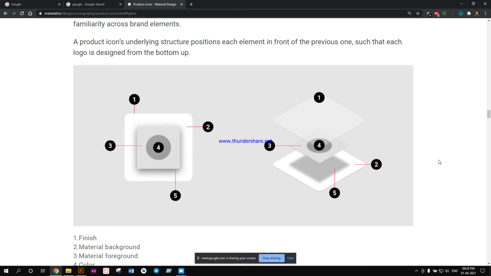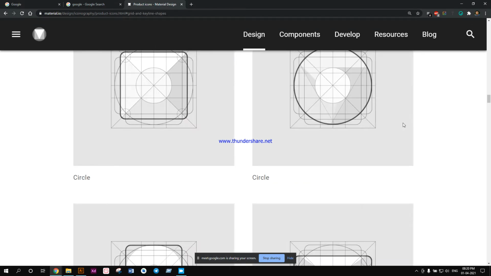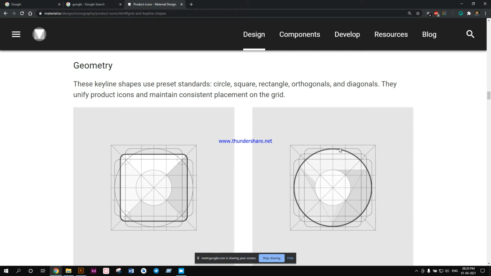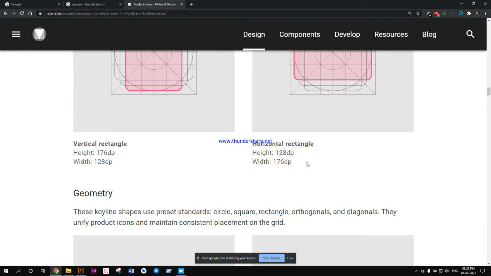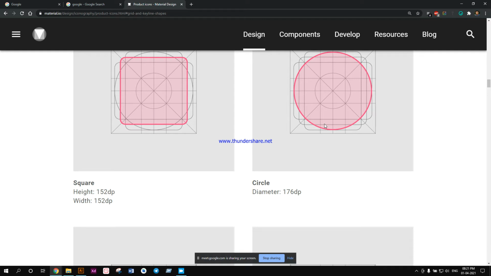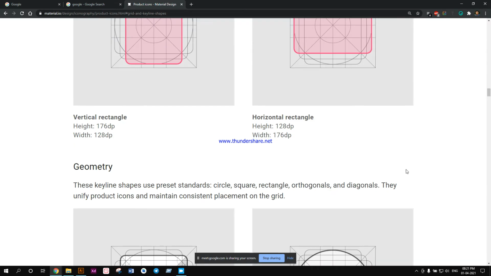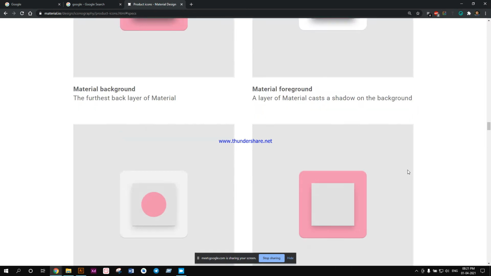Basically any designer will design their icon or whatever graphics in their own way. It doesn't necessarily have to be that Google has specified this kind of design language, so I have to design that way. No, you can create your own design language, your own specification, and design according to that. But just remember one thing: please do not place any object of your icon outside these key lines. Otherwise they look cropped or bad, or not properly aligned.